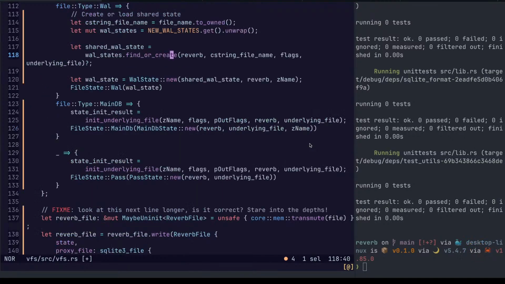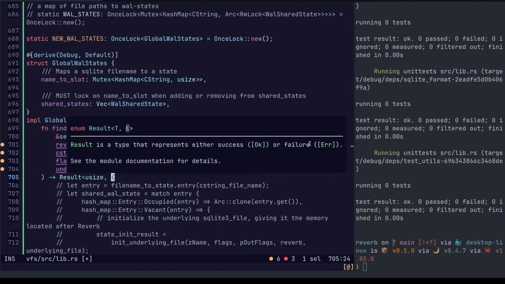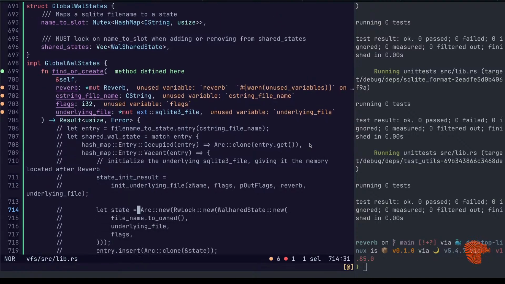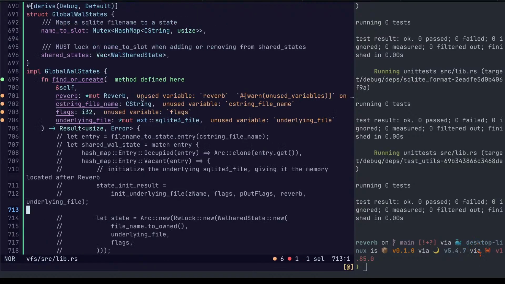Okay. It's actually not to create this error. It's the one that was under the cursor. Yeah, we'll just leave a to-do there. Okay.